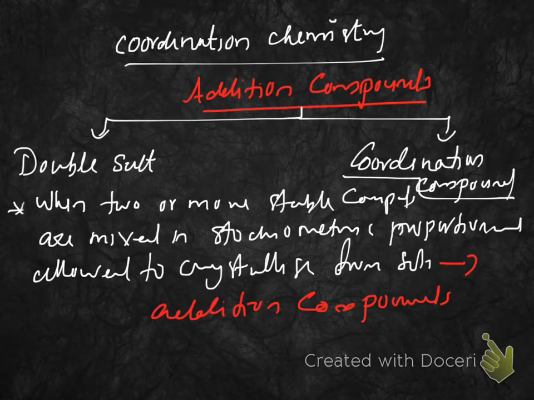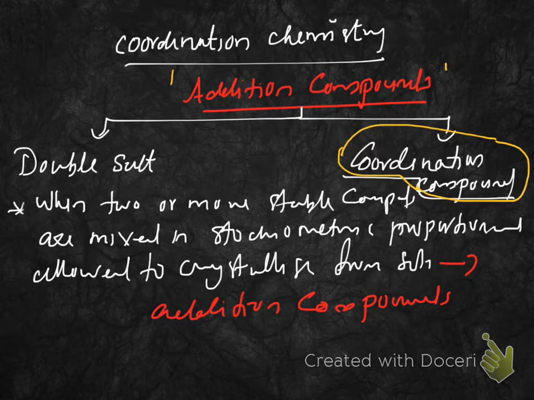Today we have to start with a new chapter, coordination chemistry. Coordination compounds are a class of addition compounds. So, before studying coordination compounds, you should understand what an addition compound is. An addition compound, as indicated by its name, is a compound formed by the